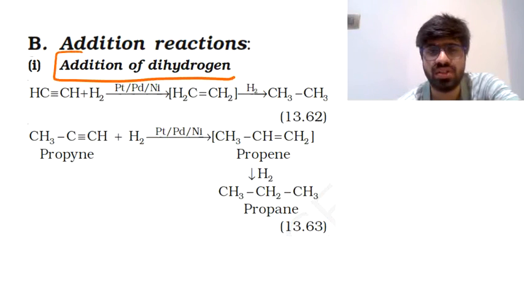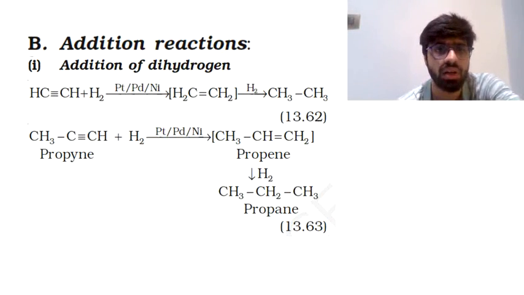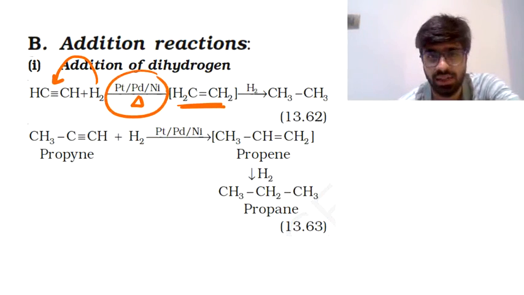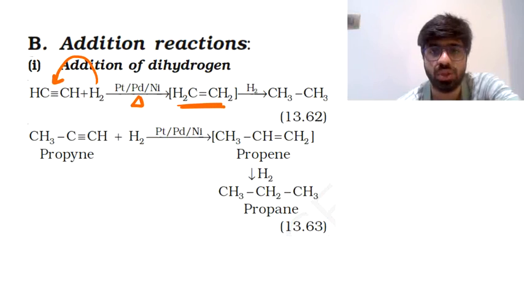Addition of dihydrogen, it's a reaction you have done earlier, so we'll go a little fast with this. In the presence of platinum, palladium or nickel catalyst, of course with heating, hydrogen is going to add on the triple bond, and that will give you an alkene. In the presence of these catalysts, the reaction does not stop at the alkene stage. The addition of hydrogen further continues, and that gives you the formation of alkane,